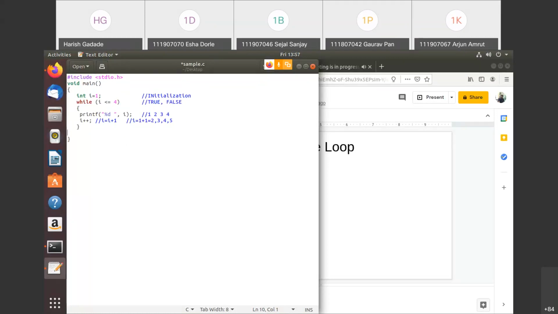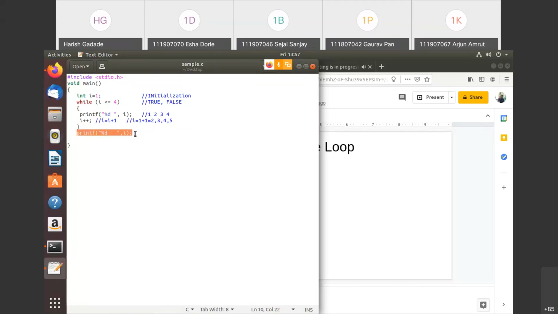One minute, I'll write one more statement here so that you will understand it in a better way. %d, and I'll print that I over here. Now see, when I becomes 5, it will check this condition. So I is 5, and 5 is not less than or equal to 4. It means this becomes false. And when this becomes false, it will exit from this while loop. The while loop starts here and exits here. So whatever is the next statement after this closing bracket will be executed.